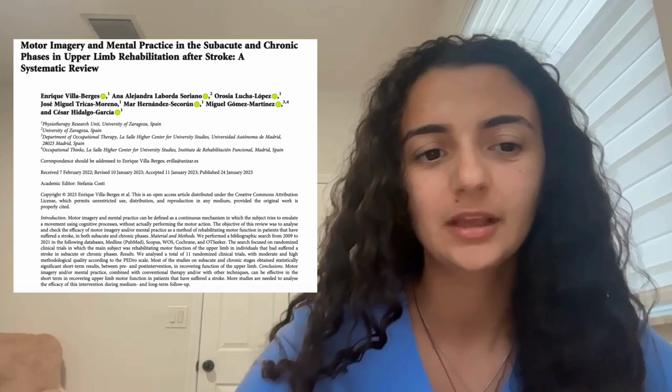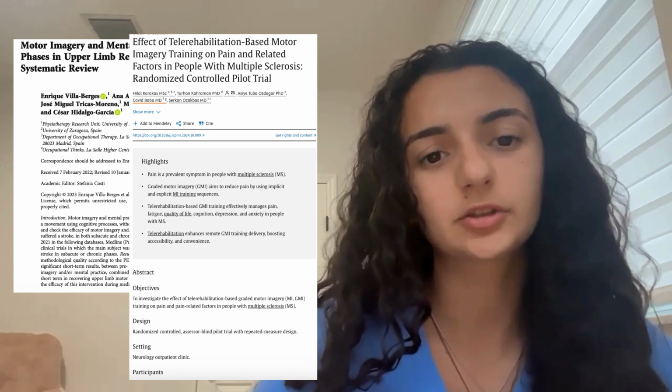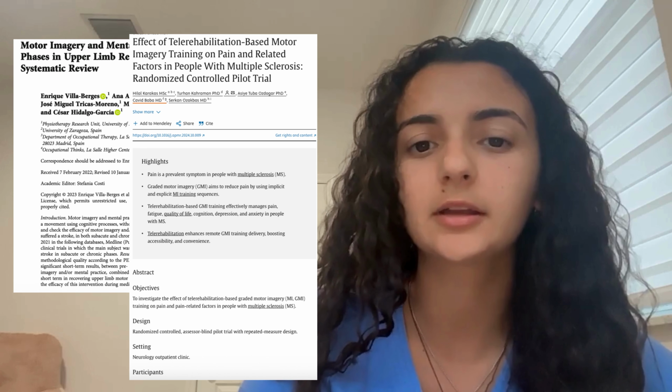If that sounds powerful, it is. And it's especially meaningful for our clients who want to move but physically can't yet. Systematic reviews and randomized controlled trials show that MPMI improves upper extremity, gait, and ADL engagement when paired with conventional therapy. Research also demonstrates increased functional connectivity with sensory motor and cognitive networks following motor imagery training, which improves overall